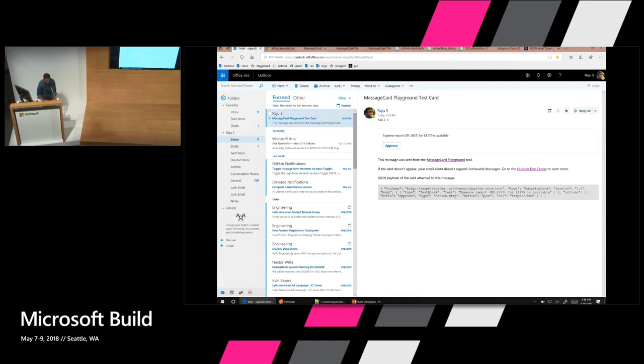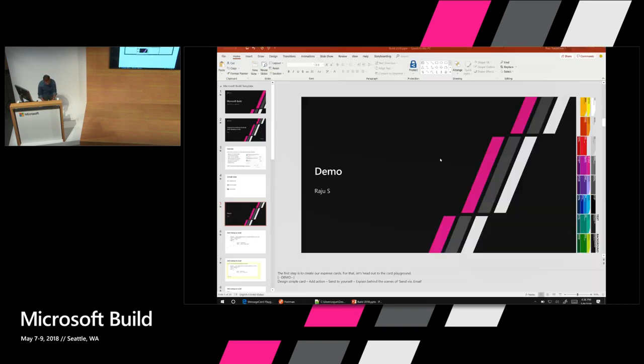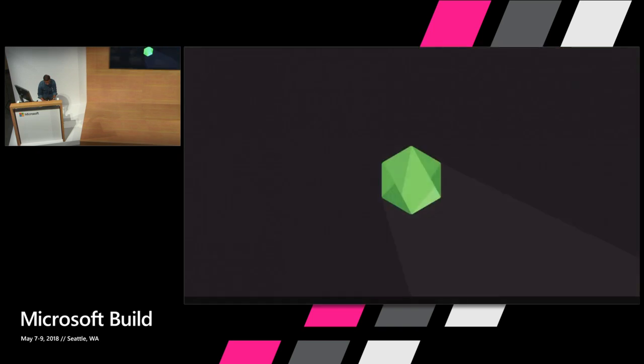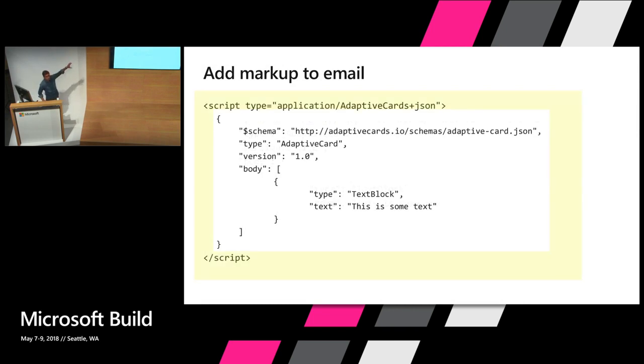So let's try to understand what exactly happens behind the scenes when I click on send via email. When I hit that button, the card that I designed is encapsulated within a script tag. This is a script tag of type application/adaptivecards+json.